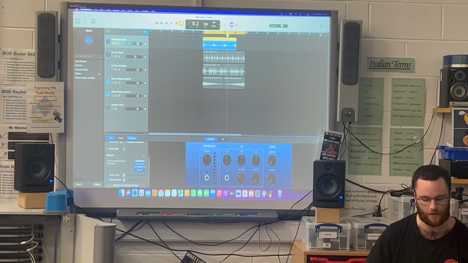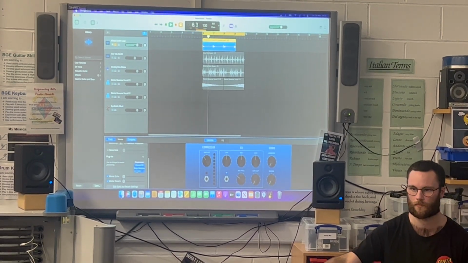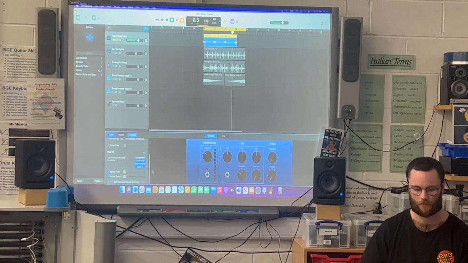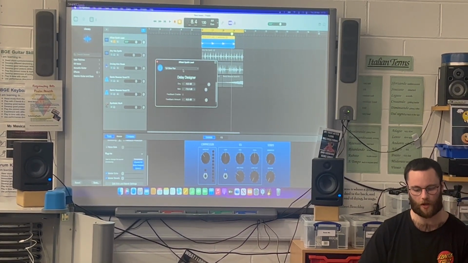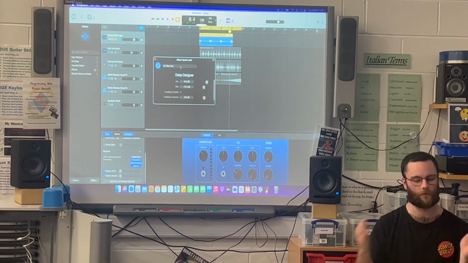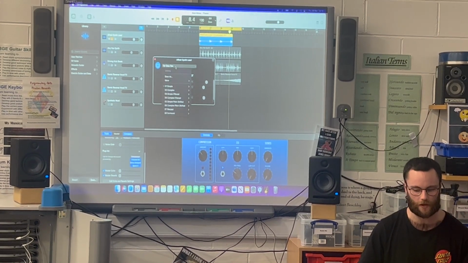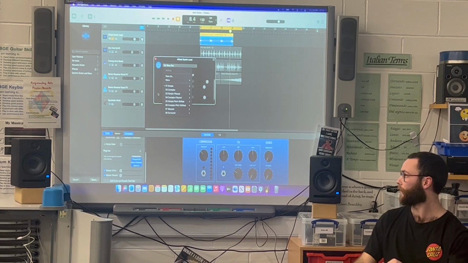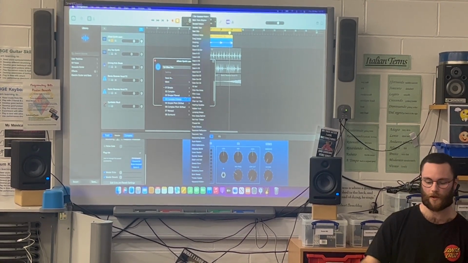If I then add this delay, and what allows you to determine how frequent that repetition of the actual sound is, you basically double click onto the actual effect. You come into